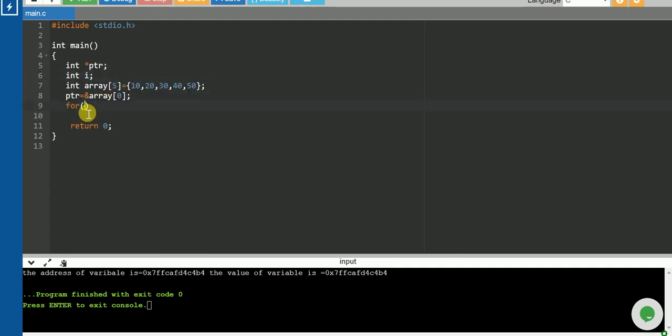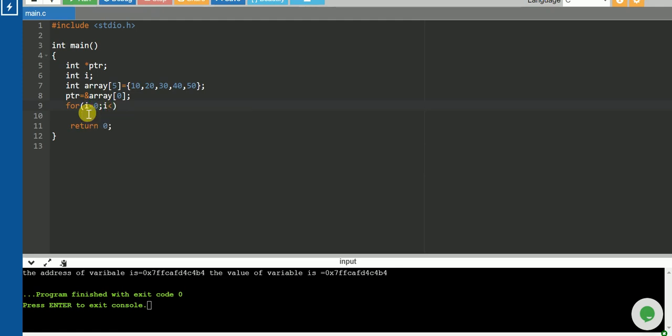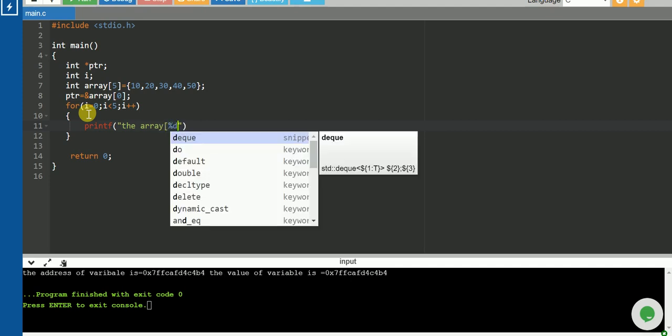So i is equal to 0, i less than 5, and then i plus plus. Next I'll just print the array of %d.